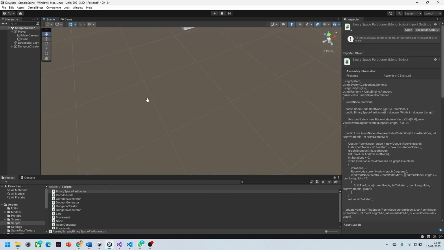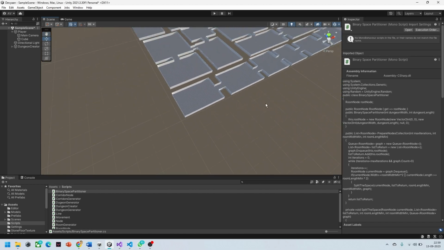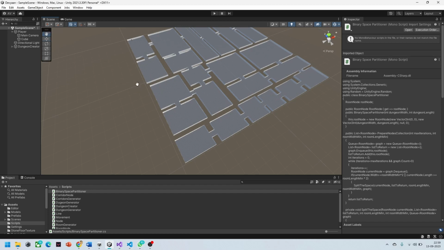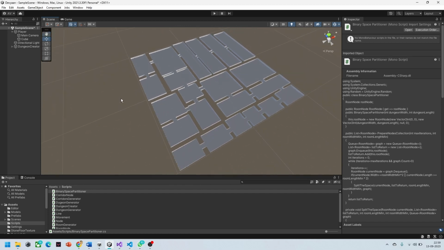My major objective was to create a dungeon using procedural generation techniques, and I wanted to show how level design can be done using procedural generation. So yeah, let's move into it. And when I start,